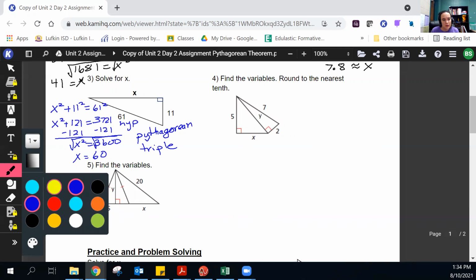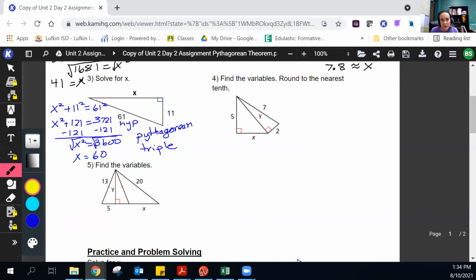Our next one says find the variables, round to the nearest tenth. So we need the triangle that has the most information, which is the right-hand triangle. And our hypotenuse in that one is 7. So we've got y squared plus 2 squared equaling 7 squared. 2 squared is 4. 7 squared is 49. We're going to subtract 4 from both sides. And we have y squared equaling